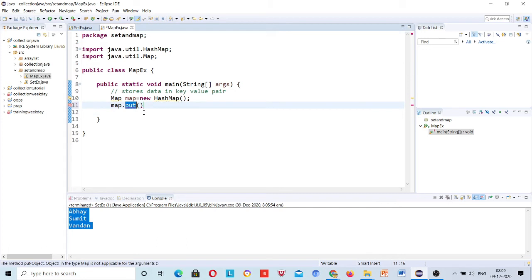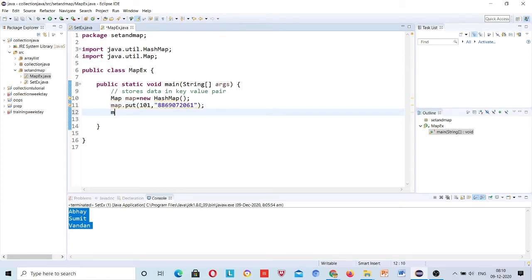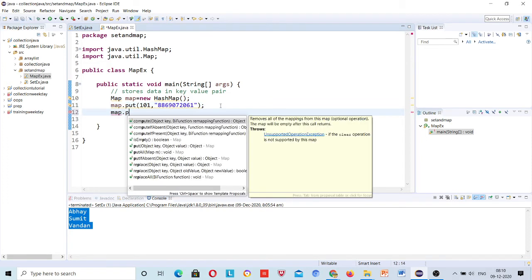In map we have the put method. 101, this is the key and this is the mobile number. Map dot put.